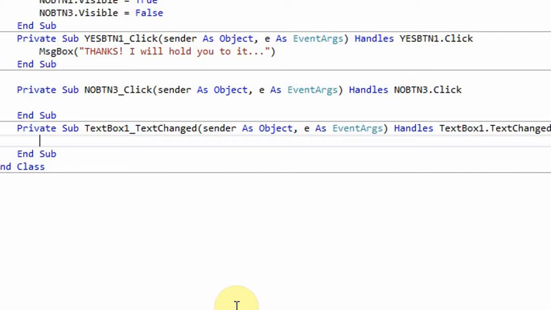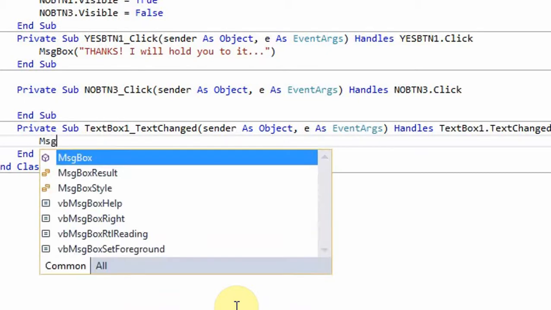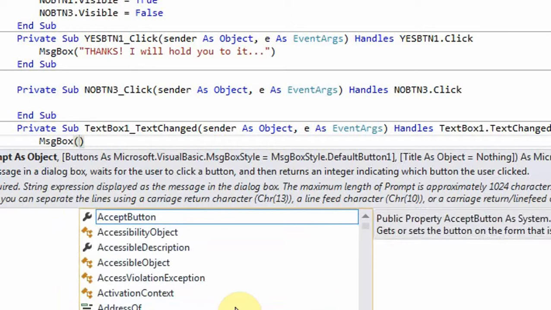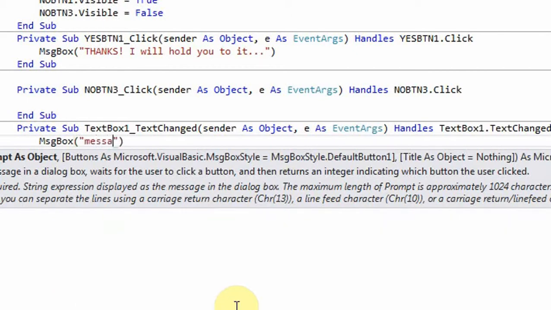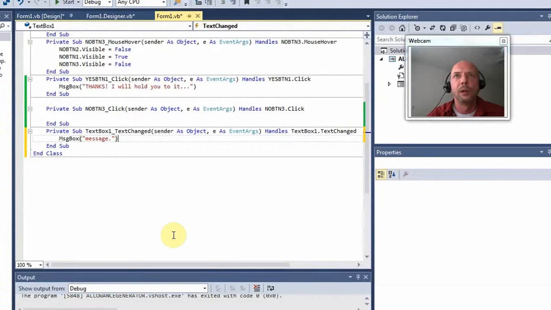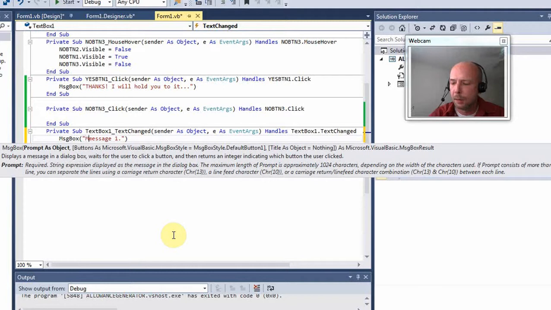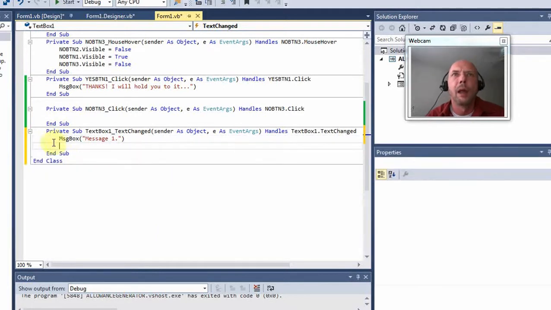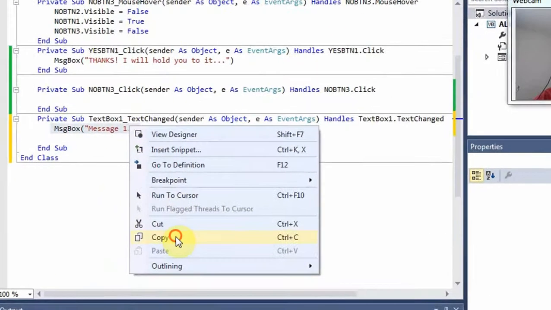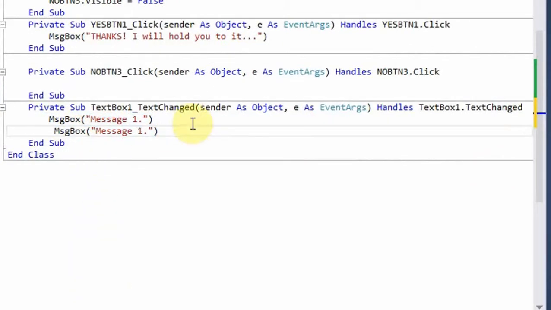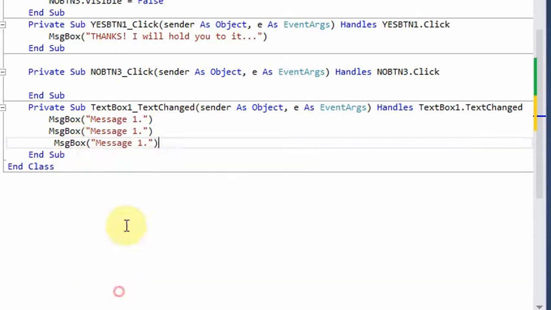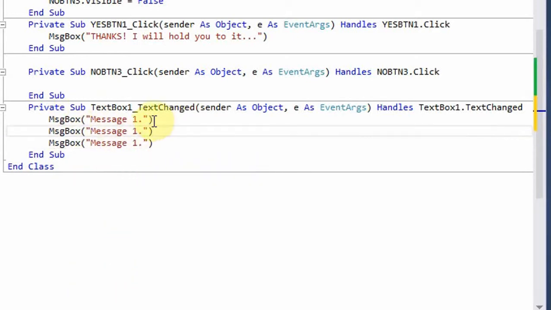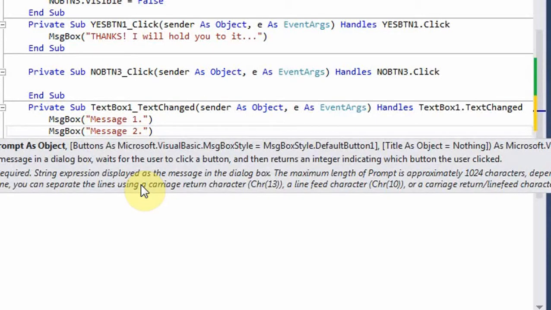Okay, so let's create some more message boxes. MSGBOX, that is a message box, and there you go. Let's type in Message 1. Whoopsie. And I want to capitalize my M so all the teachers out there will not get upset with me for my bad grammar. Now I'm going to copy it, paste it, and paste it again. The way it is right now, I would have one message box pop up and say Message 1. And when I clicked OK, the second one would pop up saying Message 1, but we don't want it to say 1. We want it to say 2,